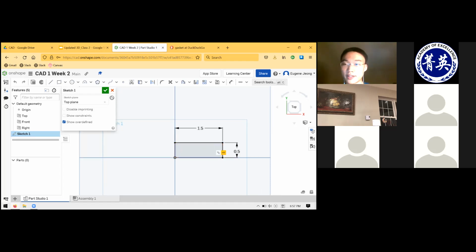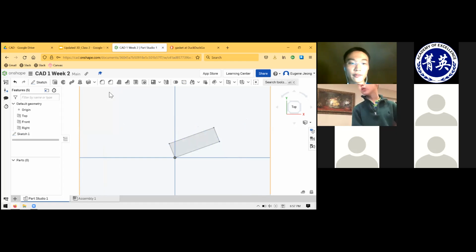And the way you can delete a relation, you can just hover over the sketch entity like I just did. And when these icons come up, you can click on the icon and hit delete. So really every sketch entity, even a relation, is the same. You delete it by first selecting it and hitting delete on your keyboard, or you can right click and hit delete sketch entities. But anyway, now you can notice that everything is blue again because I got rid of that constraint. If you forgot from before,